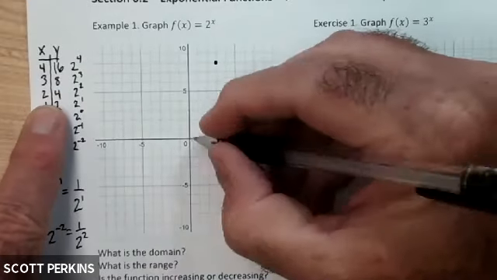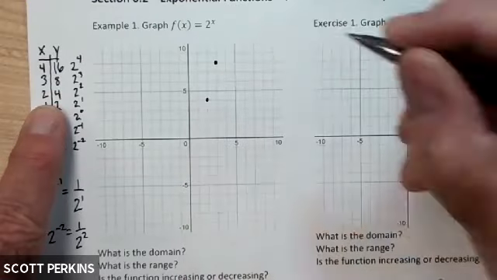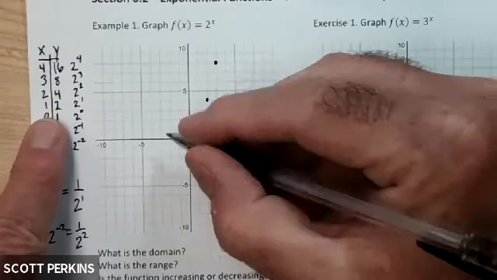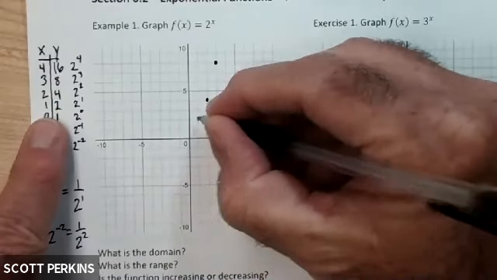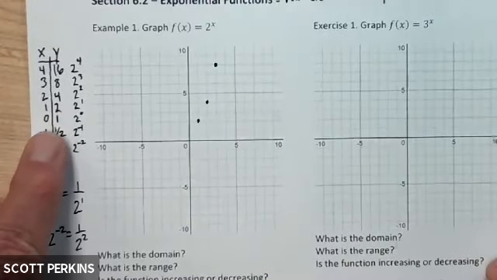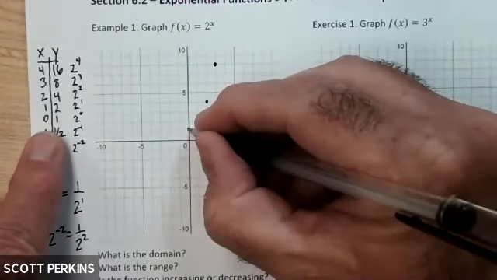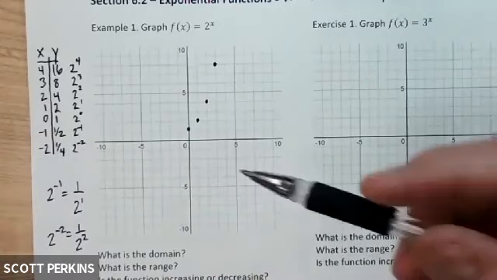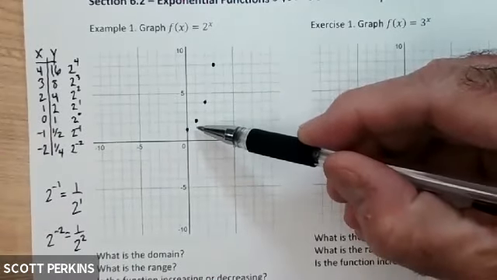2, 4, so I go over 2 and up 4, make a nice dot right here. 1, 2, over 1, up 2. 1 or 0, 1. What you notice here with an exponential function is the gap in my y values